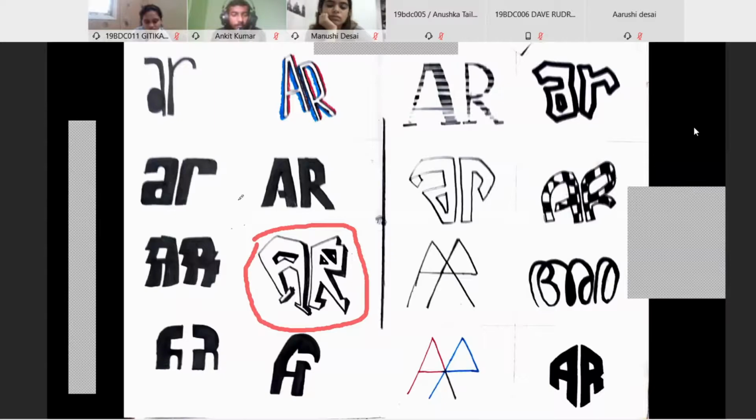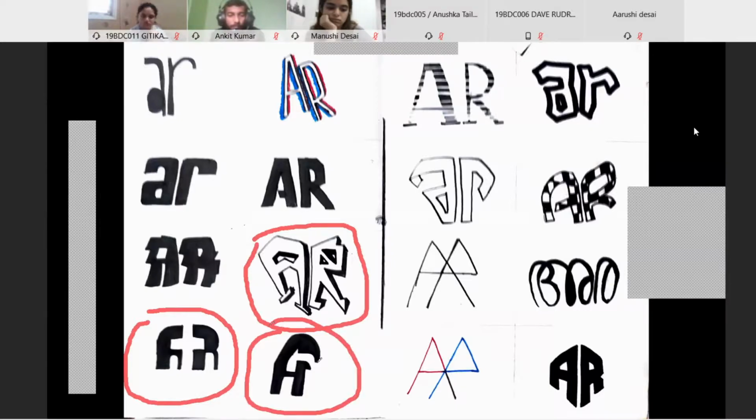And then, what else? I tried exploring negative space here with the word positive and also putting the word R in here, but it doesn't really give that energetic vibe in this one. And it feels like a doctor's clinic, you know. Right. So I would rather not go for this. It doesn't describe your brief at all.